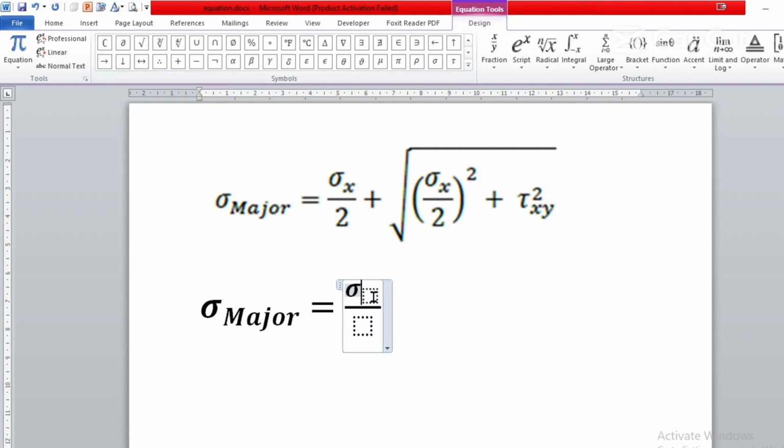Again, in this subscript, in the second box, click on that, then type x. Simply, you can type x from your keyboard. In the denominator, click on the denominator box, then you can simply type number 2. Again, click outside this box,